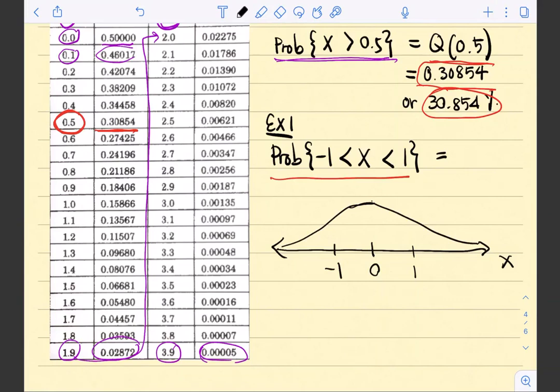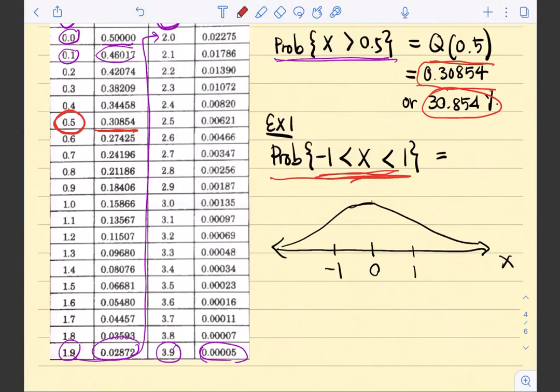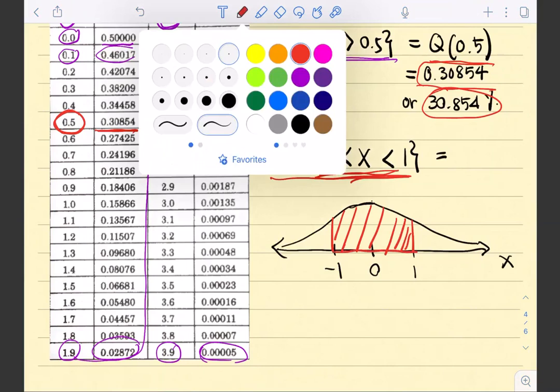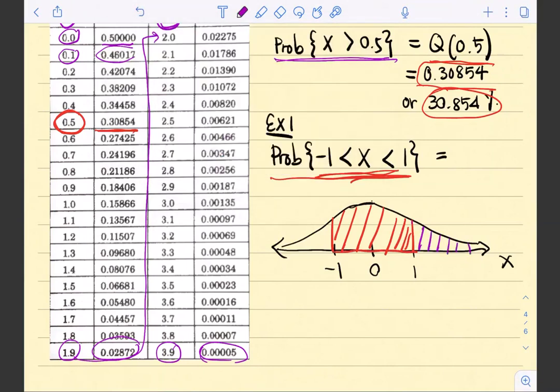And again, the probability of this event, X is between -1 and 1. So that means we are looking for the area of this shaded area. Now, how do you find that? What I think Marlo did is he didn't find that directly. What he did is he found